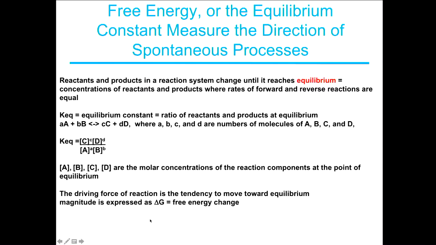Okay, a few more definitions here. So one of the things that we often think about is this idea of equilibrium. So when we have a particular system, like a cell or something in a test tube, and we have some enzymes and we have the reaction going, the reactants and products change. You know, the enzyme takes the substrate, makes a product, and maybe might take product and convert it back to substrate and everything. There's a certain amount of reversibility. At some point you reach what we call equilibrium. And that is the point where you have reactants and you have products,